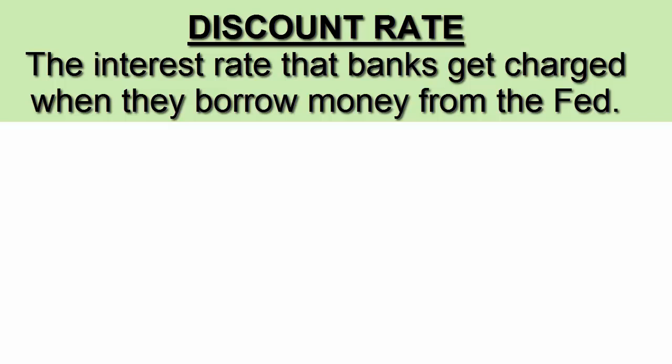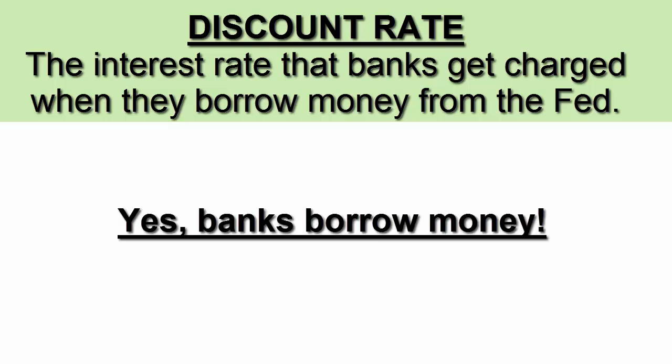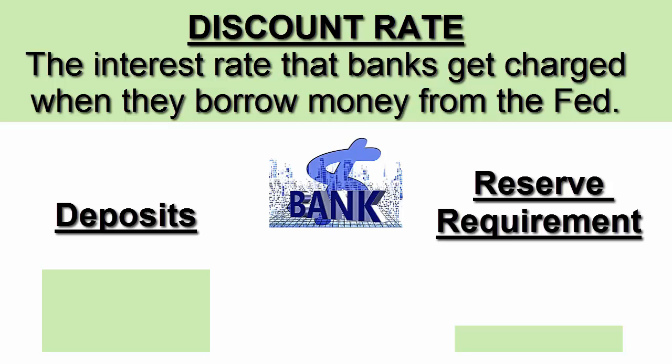The second tool listed in the standards is the discount rate. The discount rate is the interest rate banks get charged if they borrow money from the Fed. Now, before explaining anything else, it is important for students to understand that on any given day, banks are borrowing extremely large sums of money in order to keep their reserve requirements in check. Our monetary system is very fluid, with people constantly making purchases, taking loans, repaying loans, defaulting on loans, depositing money, taking money out of the country, bringing money into the